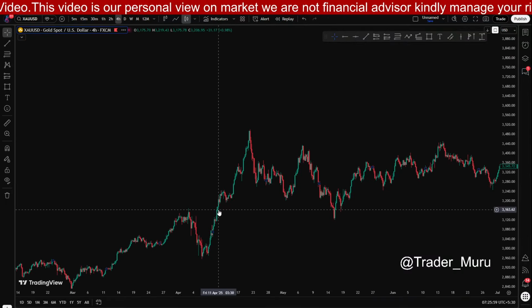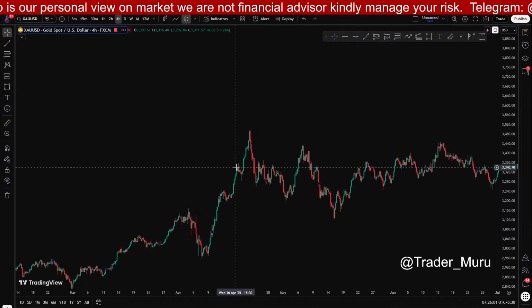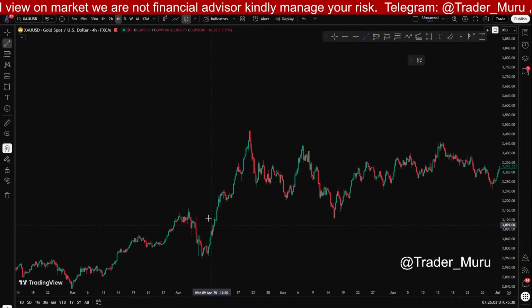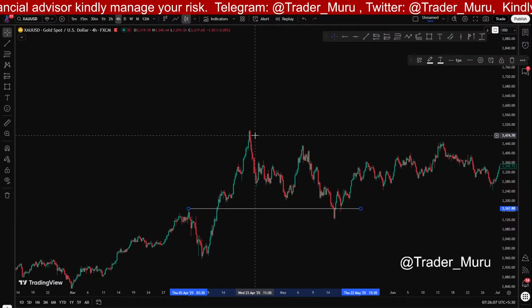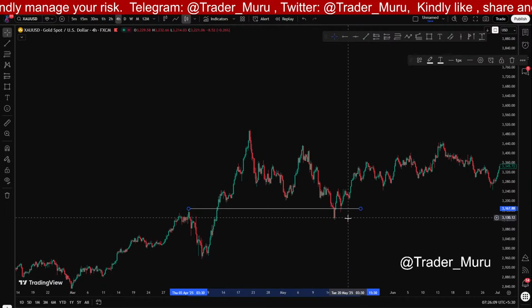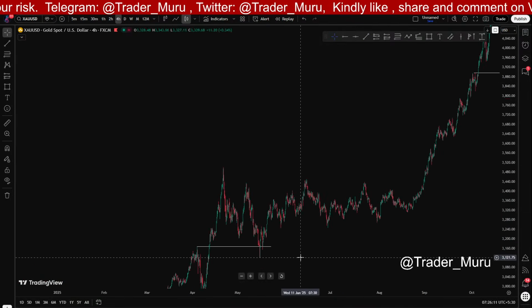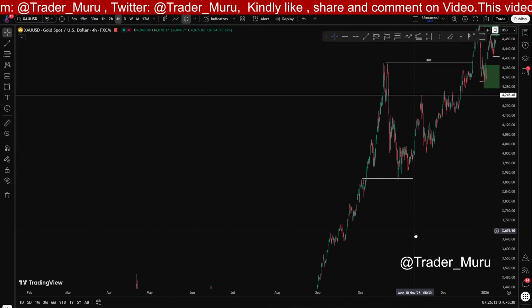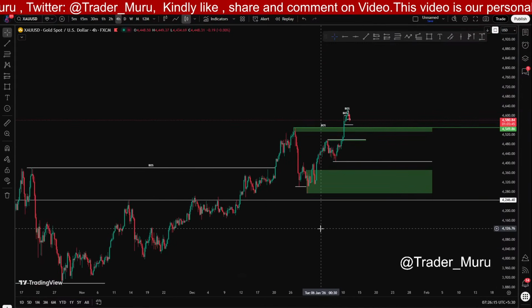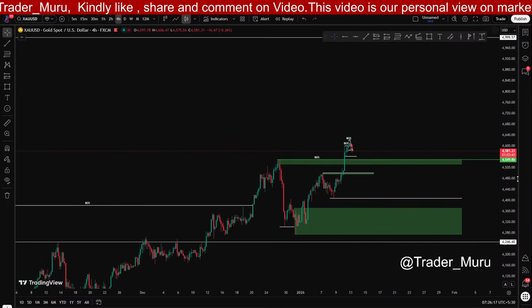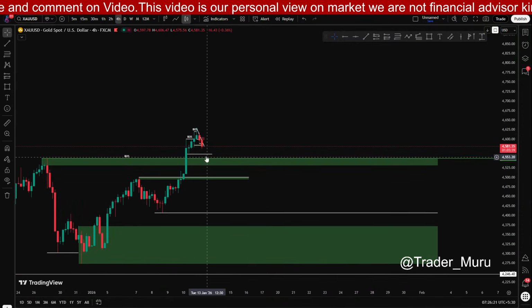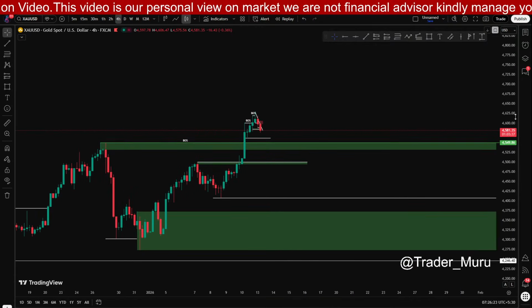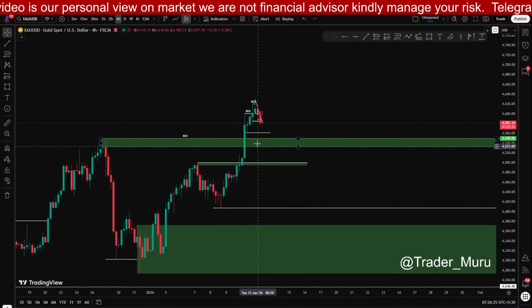After the breakout structure, another breakout structure is there, and this area was pending for the test. Price gave a massive retracement test of this area and moved. So price leaves no areas pending. So we will be watching for this area, and if we don't get a test of this area and price